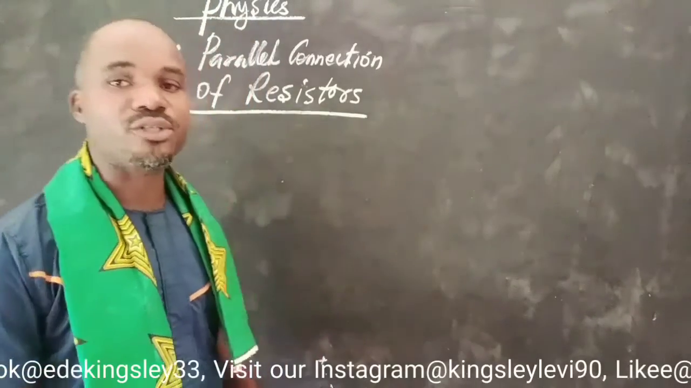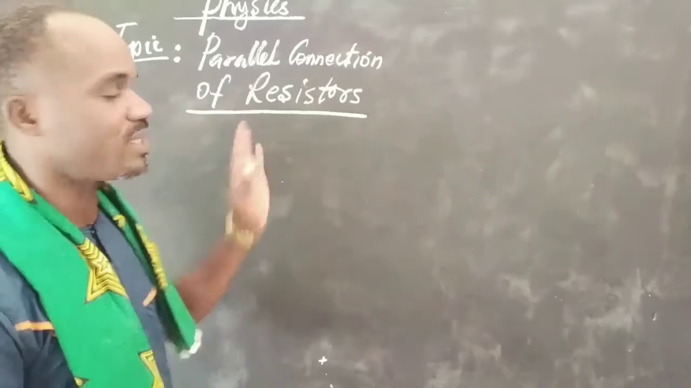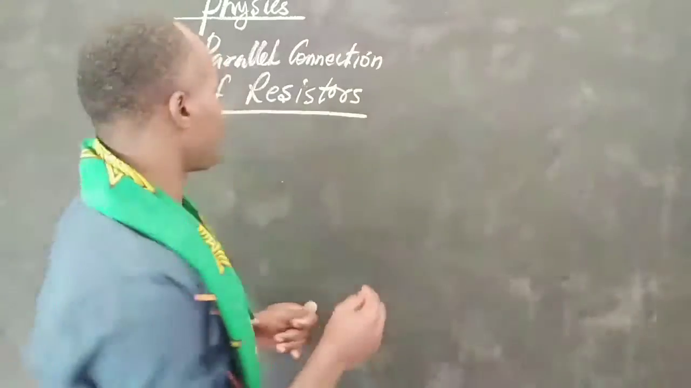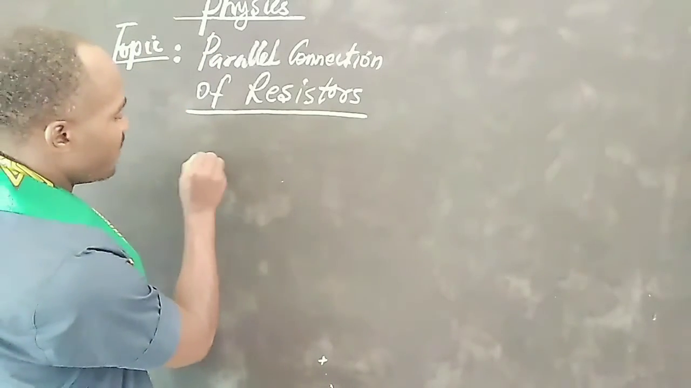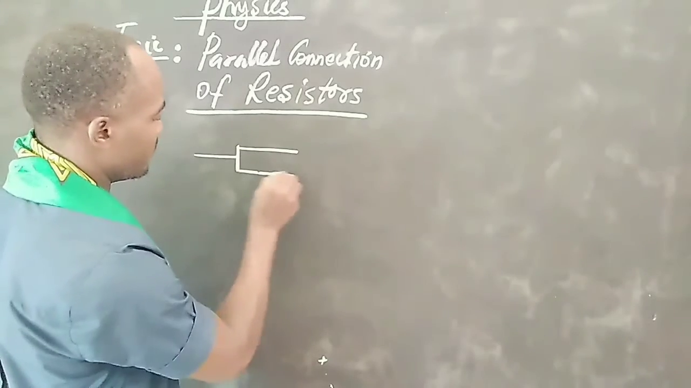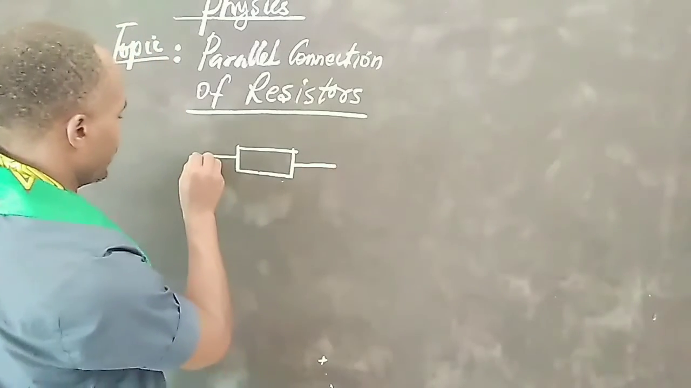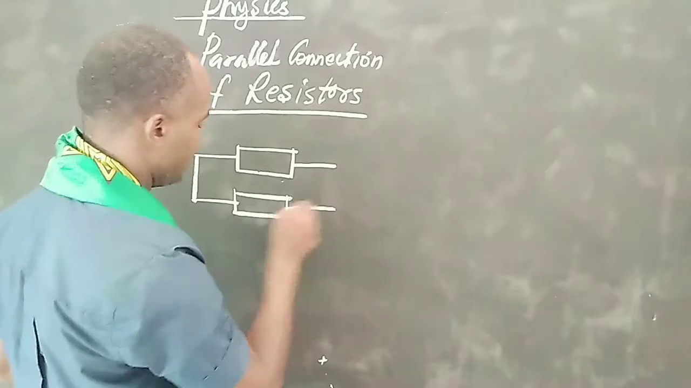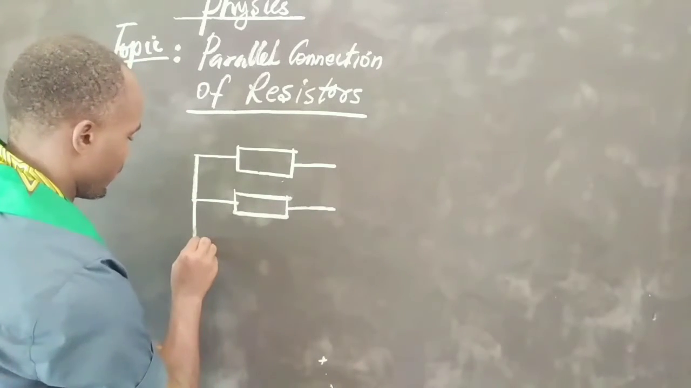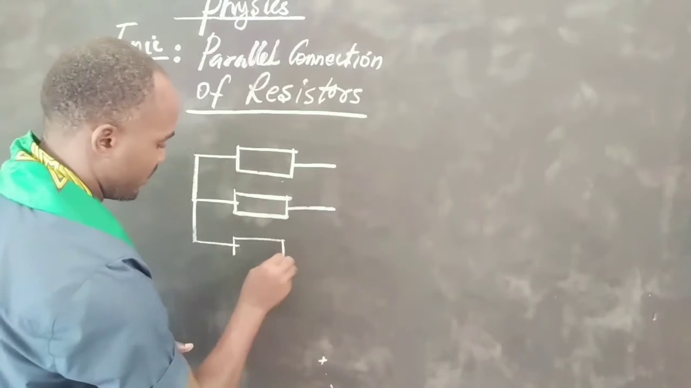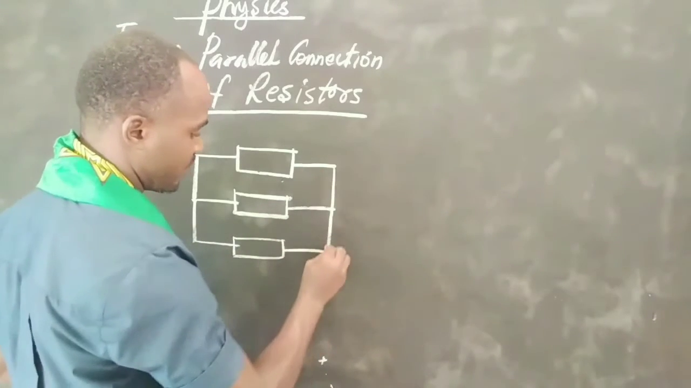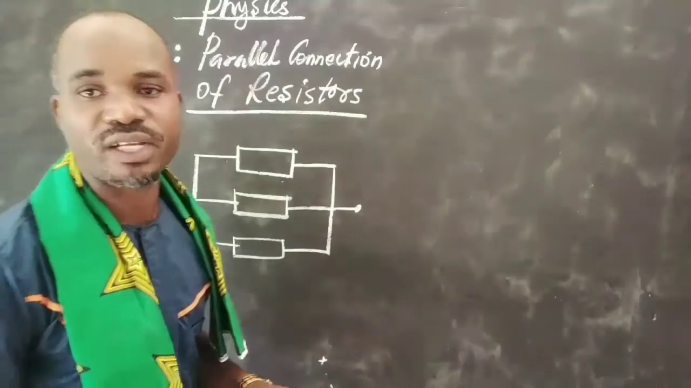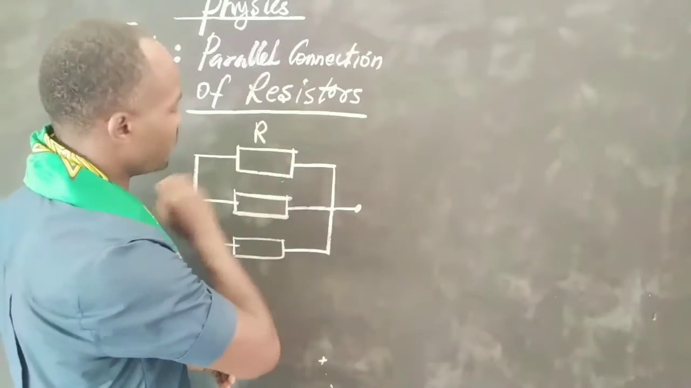Alright, this time around we are going to look at parallel connection of resistors in a given circuit. And we're going to use a schematic diagram to represent what this is all about. So, a diagram such as this: resistor 1, resistor 2, and then resistor 3. This is simply the parallel connection of 3 resistors with resistances R1,